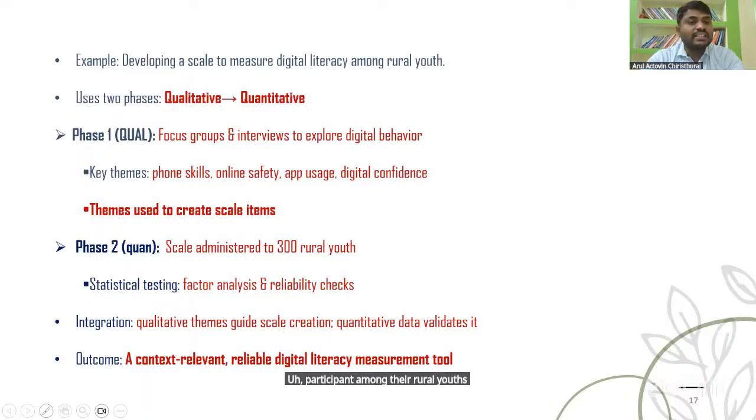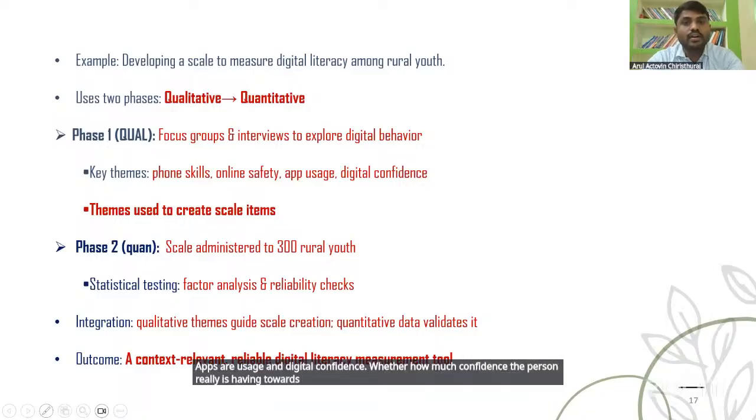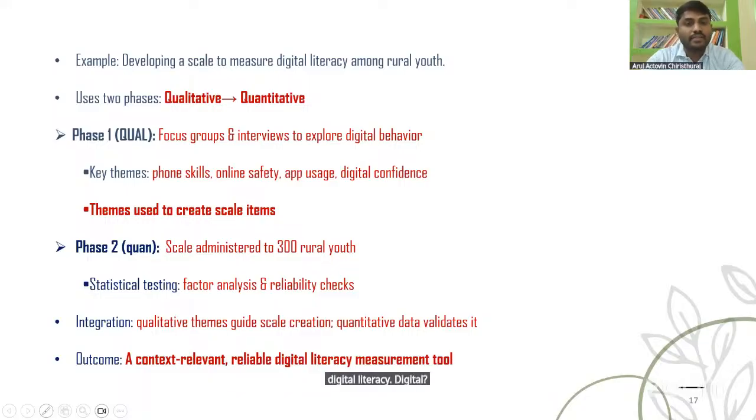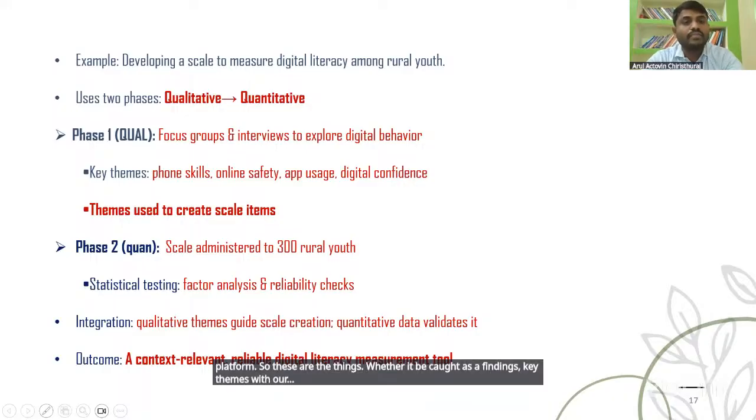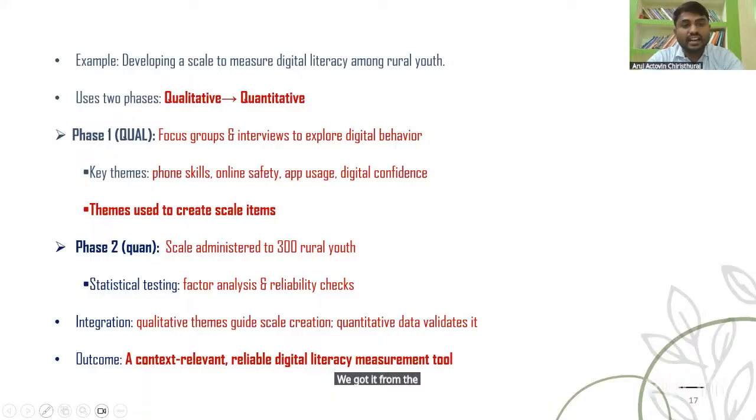So what are the findings? Key themes developed: phone skill, online safety, social apps, Android app usage, and digital confidence, that is, how much confidence rural youth have towards using digital platforms. These are the key themes we got from the qualitative data collection.